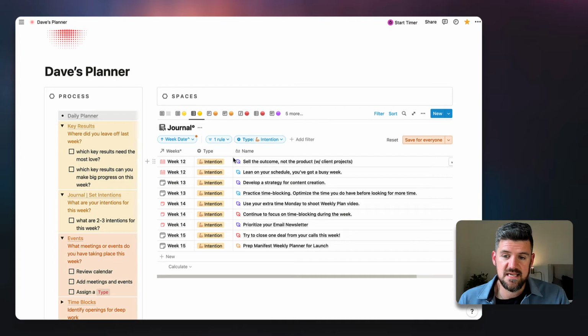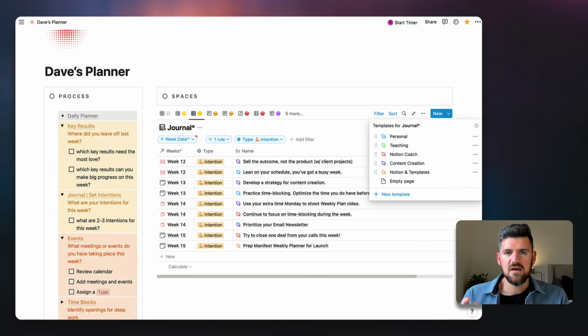So for example, in this case, and in the template, purple is anything related to content creation, blue is personal, and actually if we click on this area, every key database has that same color system just to strengthen those connections between databases. So often, if we're seeing a lot of text or we're using emoji, it could get overwhelming in terms of the amount of information. So this is just a way to help signal what type of journal entry this is or what type of project this is.